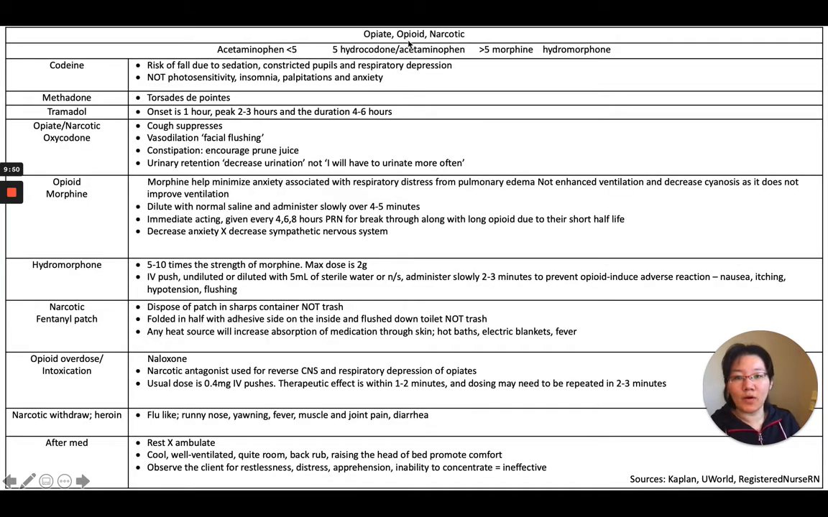So opioid and narcotic, acetaminophen. If patient pain is less than 5, we can give acetaminophen. If they got 5, then we can give hydrocodone or acetaminophen again. If it's above 5, we give morphine and or hydromorphone, because for example, hydromorphone is 5 to 10 times the strength of morphine. So if you give it to a patient who just complains of pain of 4, then